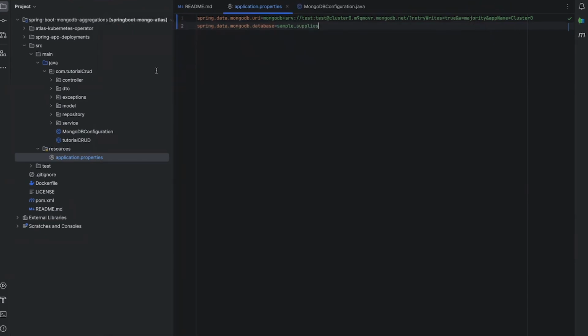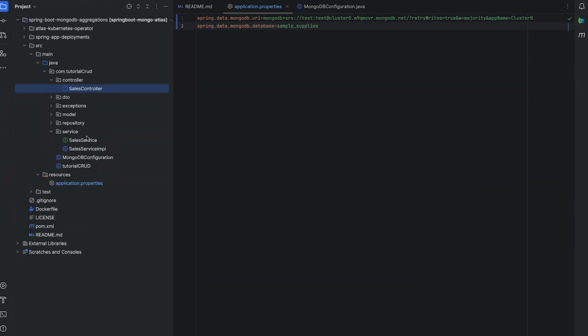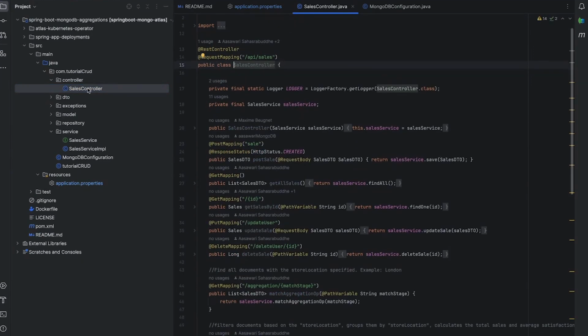Now, this entire application is written in MVC architecture, where we have the controller, the repository, and the service. The controller is where all the REST APIs are written, and then there is the model class, the repository class, and the service class where we are actually performing all of these aggregation queries. And these aggregation queries are all written in Spring Boot. So let's go and see what APIs have been created in this case.